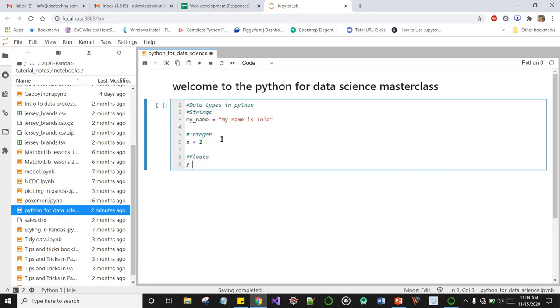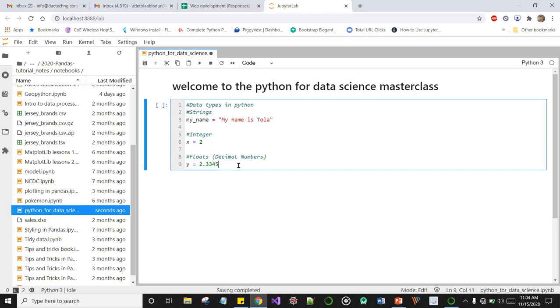Example of floats is y equals to 2.3. Floating point numbers are also known as decimal numbers. Okay, let's just make it simple: numbers with decimals, that have decimal places. This can be 2.34, anything.